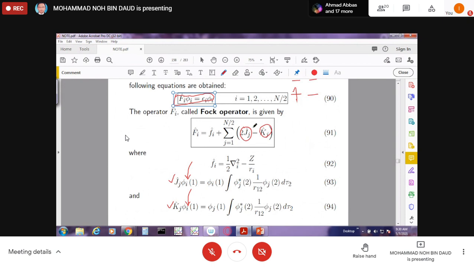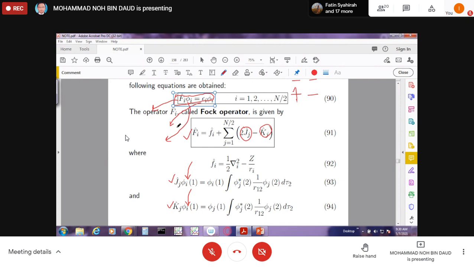Okay, once we know this one, we can solve this Hartree-Fock. This is the Fock operator. We know this one, and we know this J and K, so we will know this Fock operator. Once we know the Fock operator, we can solve this one-electron differential equation to get the orbital energy and the corresponding orbitals,